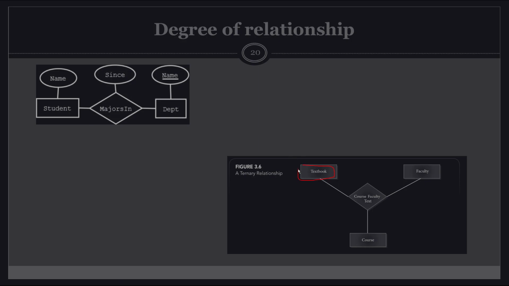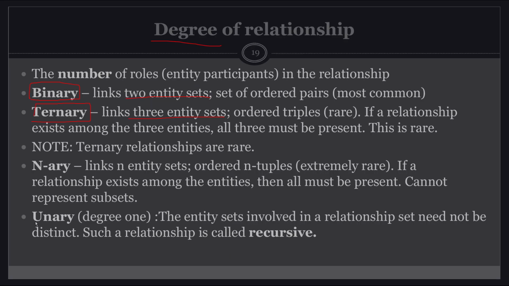So this is a ternary relation because there are three entities, rectangles, that are linked by this diamond, which is the relation. You can also have unary relations, also known as recursive relations, in which a single entity is related